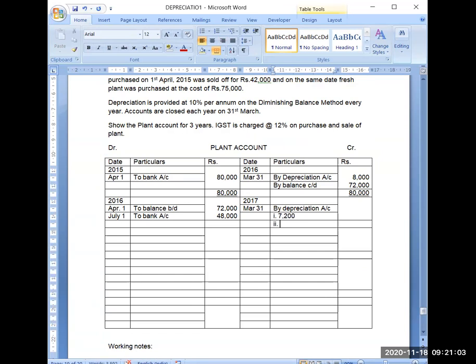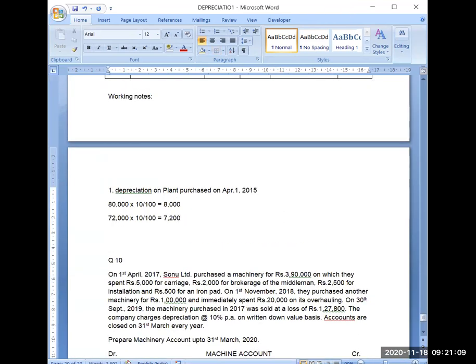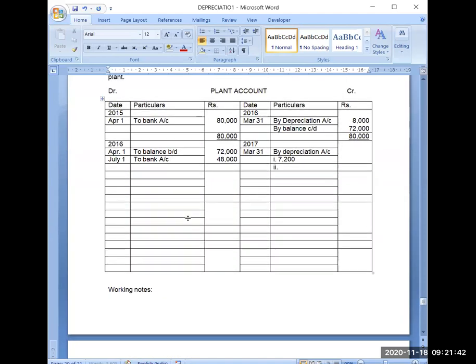Then second plant depreciation will be how much? Now we will make a separate working note for that. Depreciation on plant purchased on July 1, 2016. Cost is 48,000 multiplied by 10%. The rate of depreciation is 10%, but because we have used this plant in this current year